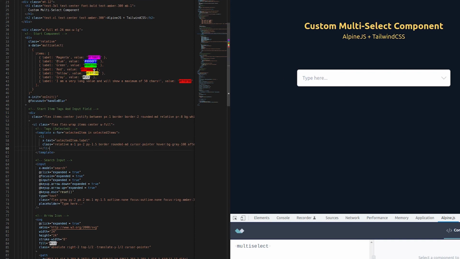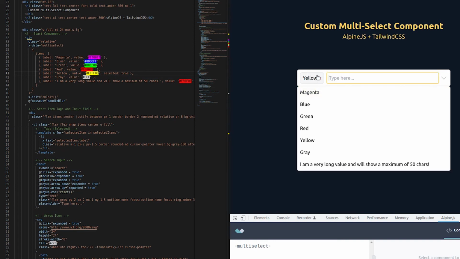Let's try that out. Let's say we want to select yellow initially, and we add this property here, selected: true, and there we go, selected. Yeah, nice, this works. So as you can see, this is still here and shouldn't be available unless allow duplicates is set to true, but we will handle that later on. Right now, let's